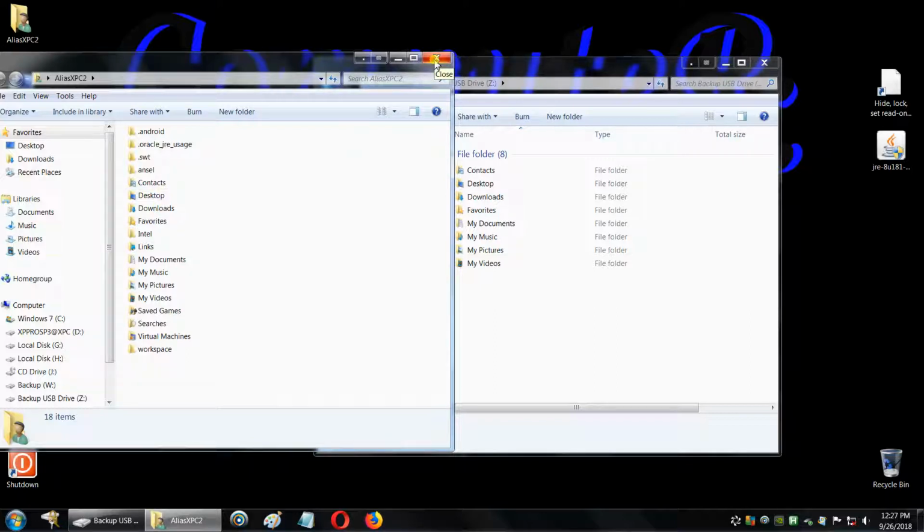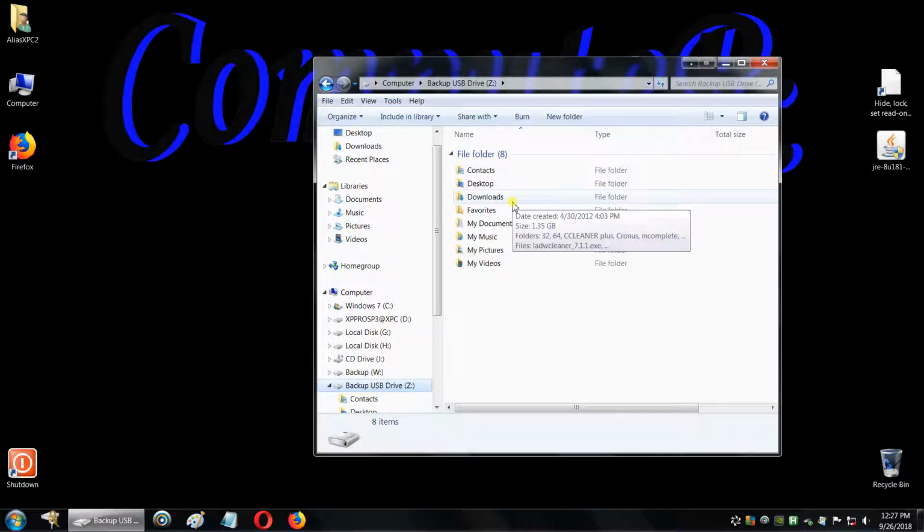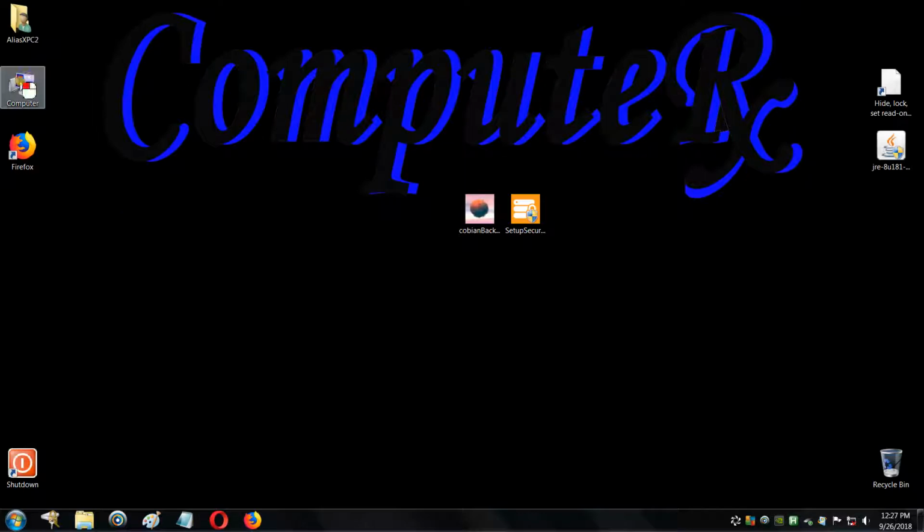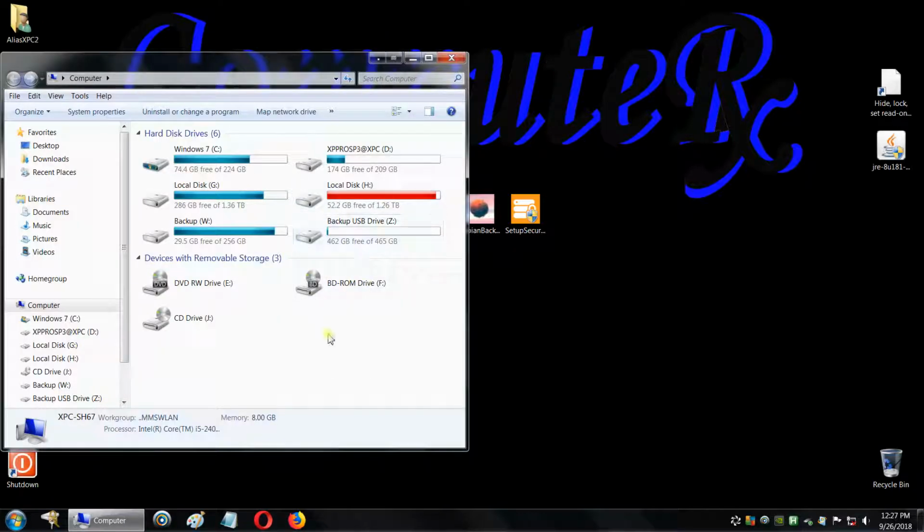Now, if you do compress it, obviously it will compress everything into one file, a zip or 7-zip file. And what you'll see on your backup drive would be just that single file. Okay, so what I'm going to run through next is how do we protect this drive? We worked this hard setting it up on a schedule,